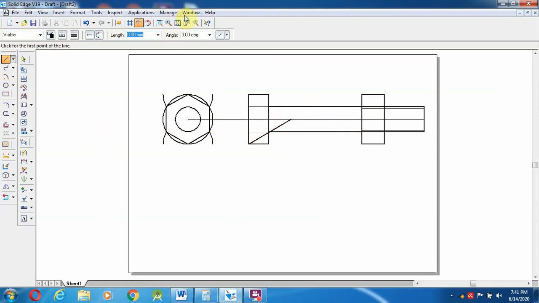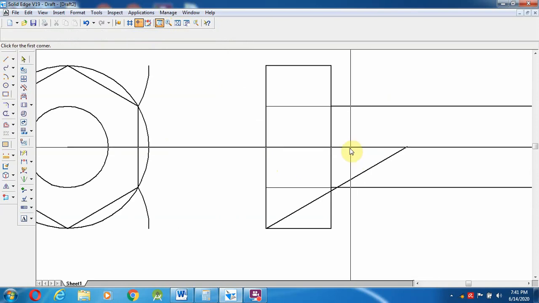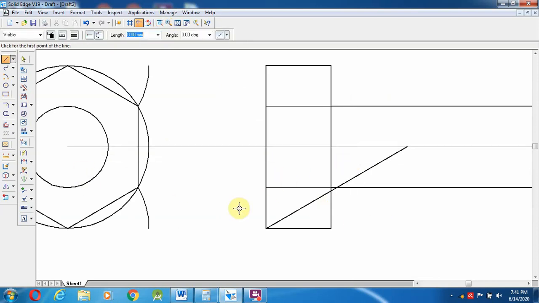After that I am going to zoom in on a particular area. In this line, from here to here, the middle line, I am going to make a straight line, and wherever it cuts the same 30-degree line, I am going to stop and use the trim option. This is the line I am going to trim.